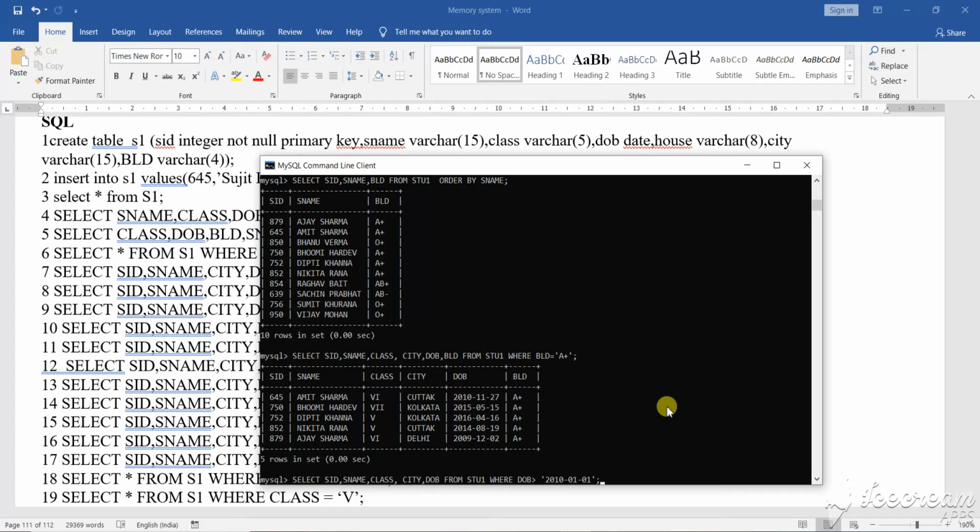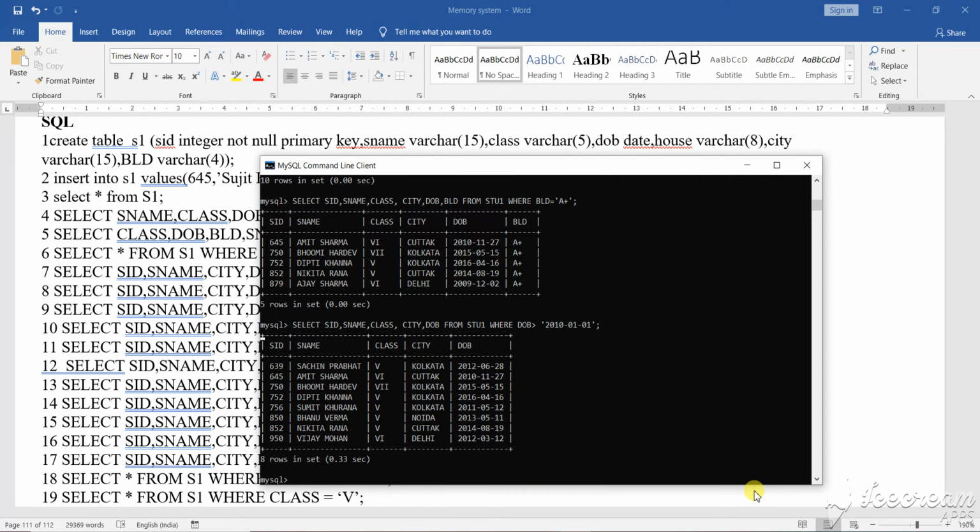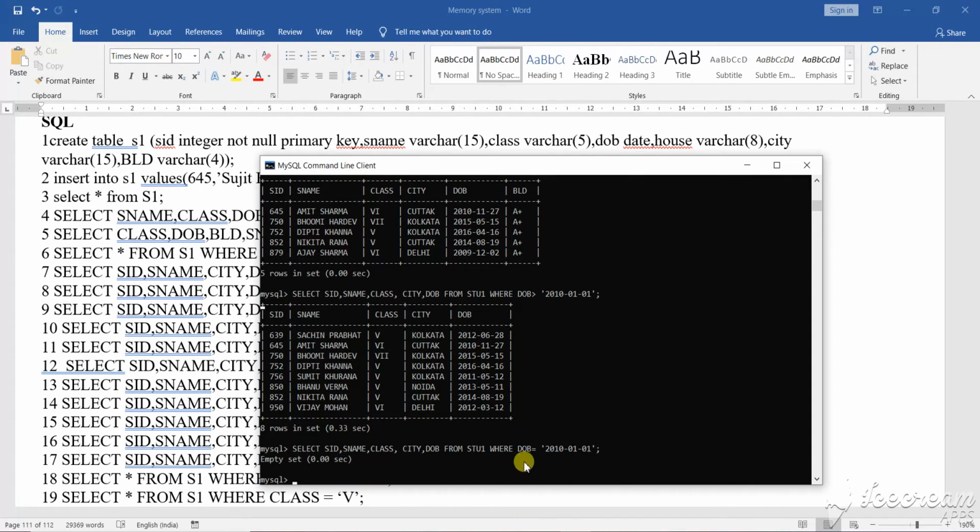Okay. Next, I have given here date of birth. Next condition, date of birth. Date of birth is what? In this range, 2010-01-01. Who are those persons who are greater than this? So these are the values which are greater than. Based on this particular thing it has come. Now say equals to, date of birth equals to, suppose 2010, then month is 01 and date is 01. So if anything is there, empty set. Why? Because there is no value that exists on this particular day.